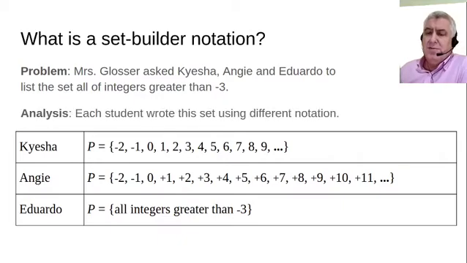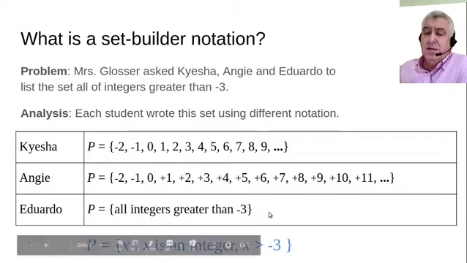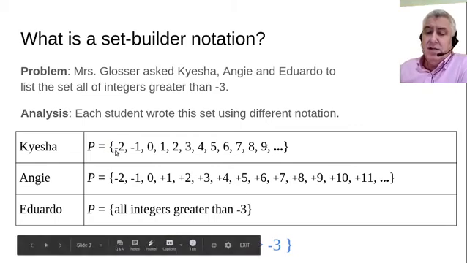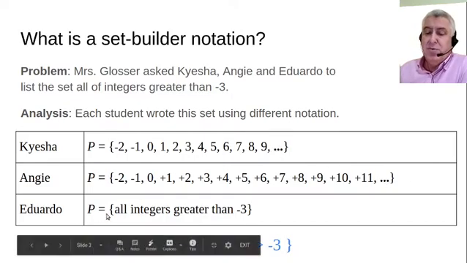Okay, so they each wrote this set using a different notation, but it turns out that they're all right, and they're all correct. Keisha didn't write positive in front of the integers over here, but Angie did. They wrote out to different numbers, and they both wrote an ellipsis. That's great. But Eduardo just decided to use a description. But there's a different way